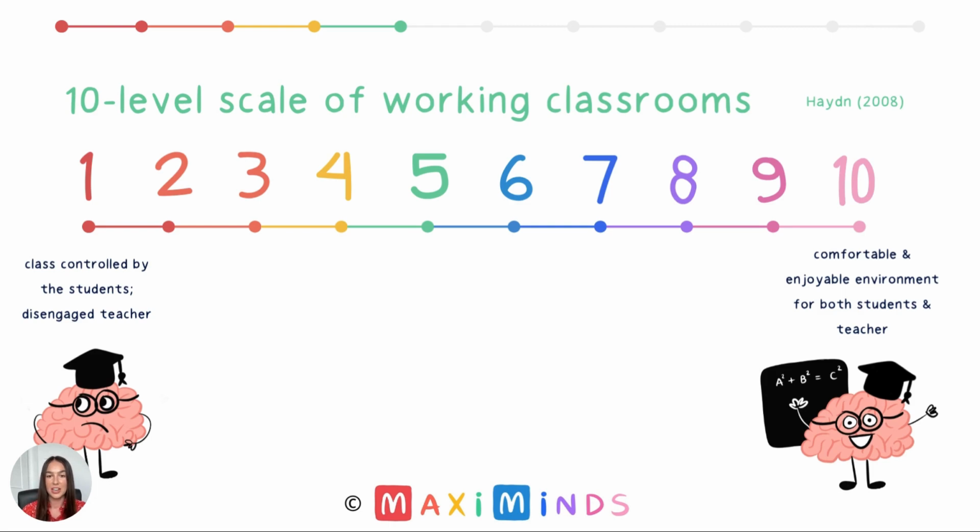I want to show you today a 10-level scale of working classrooms that looks at similar sorts of themes in terms of control and warmth in the classroom. On the one hand, there is a rating of a 1, which is where the class is controlled by the students, and ultimately there's disengaged teachers. This may involve not being greeted when you walk in the classroom. There could be verbal call-outs and abuse towards you, and it's not a very conducive environment, of course, to learn